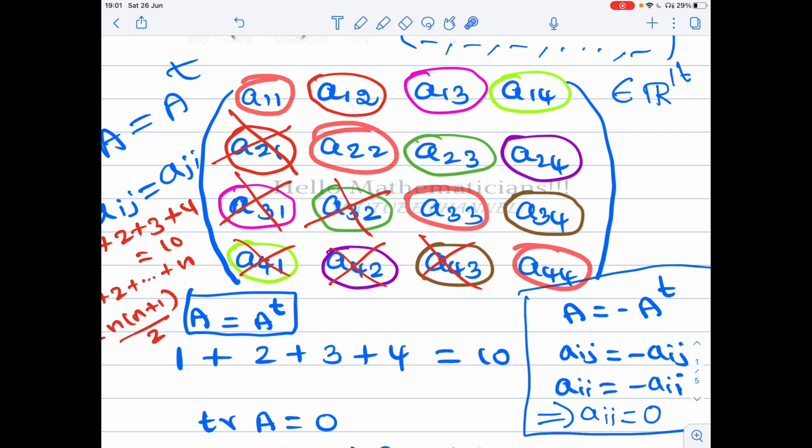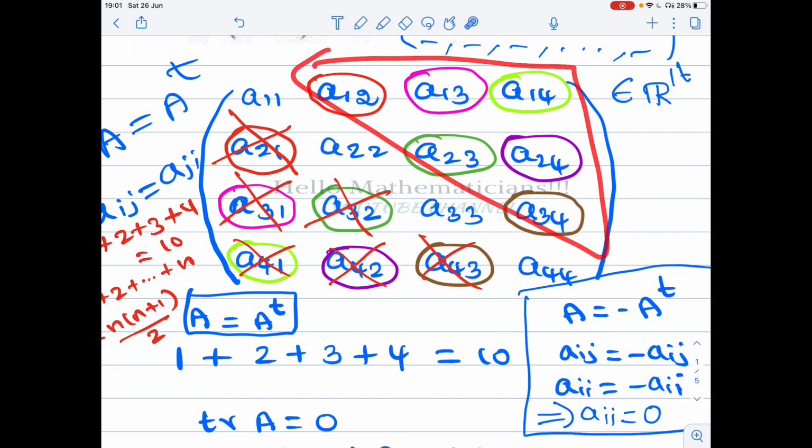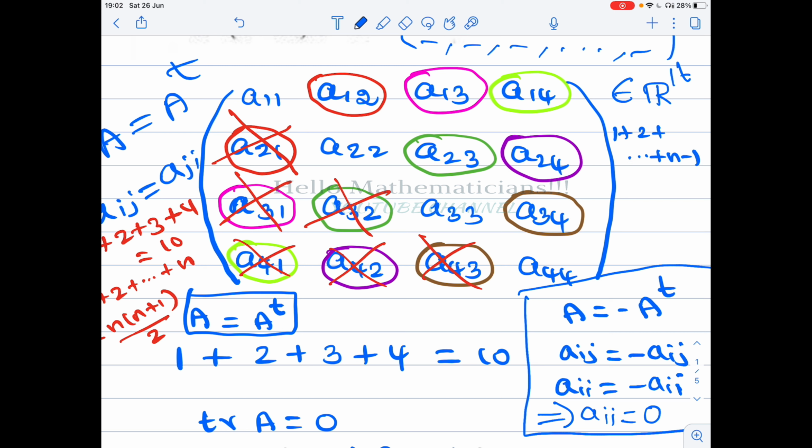If it is 0, it won't contribute to the dimension. So in skew symmetric matrices, these are the only independent variables, the only free variables. In symmetric matrices, the diagonal also has free variables, but in skew symmetric matrices, only these are free variables. So what is the dimension of n by n skew symmetric matrices? 1 plus 2 plus etc. plus up to n minus 1 only. For example, in the 4 by 4 case, 1 plus 2 plus 3; in the 4 case we are going till 3.